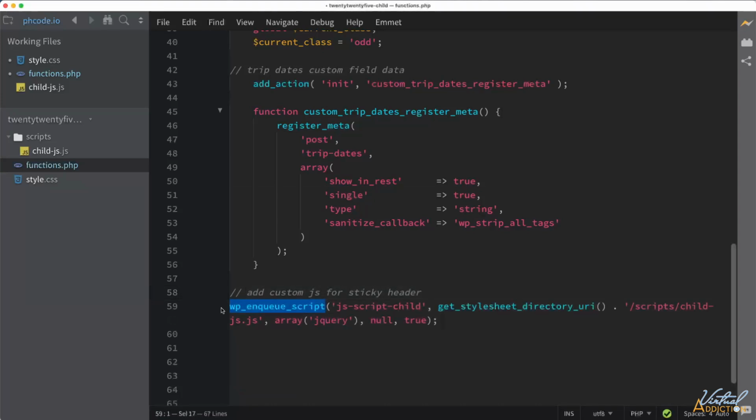Here we're using wp_enqueue_script. This is the WordPress built-in function that's used to properly load and include JavaScript files. The js-script-child is a handle. This is a unique name that we're using for our script. The get_stylesheet_directory_uri, dot scripts child-js.js, is going to get the file path. So get_stylesheet_directory_uri gets the URL of the active child theme directory. We're going to append this with